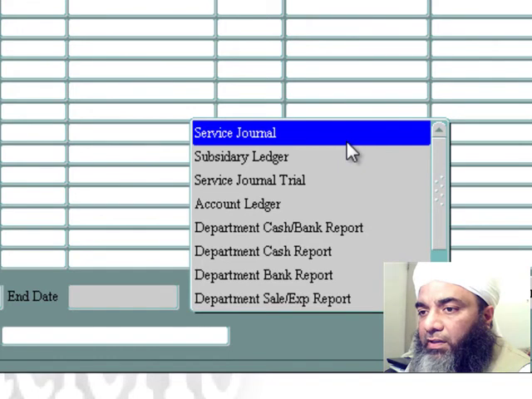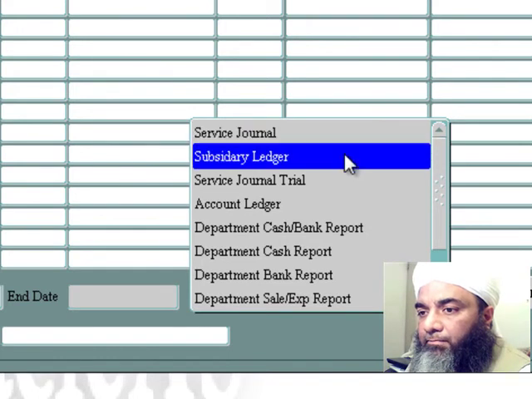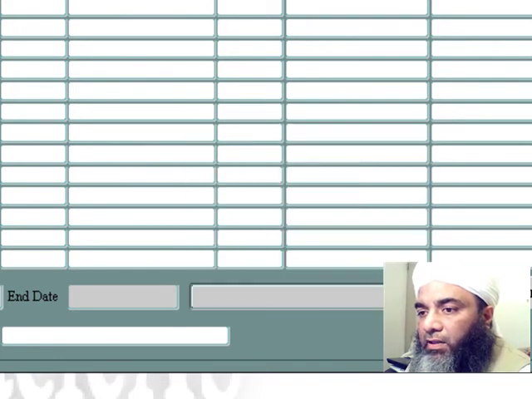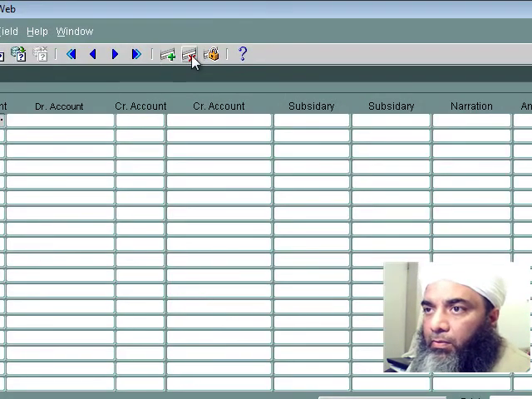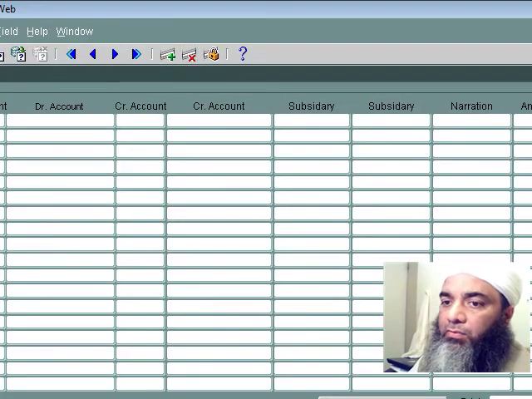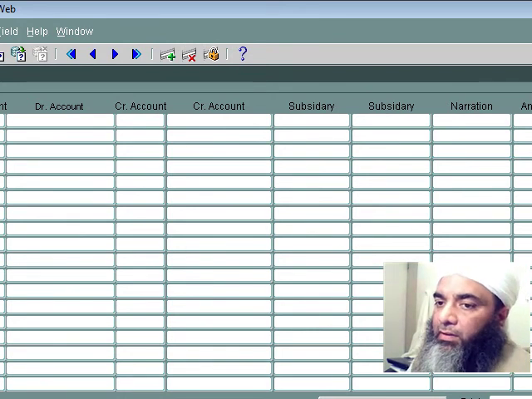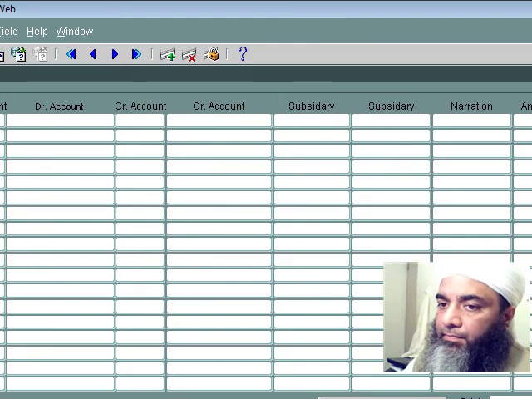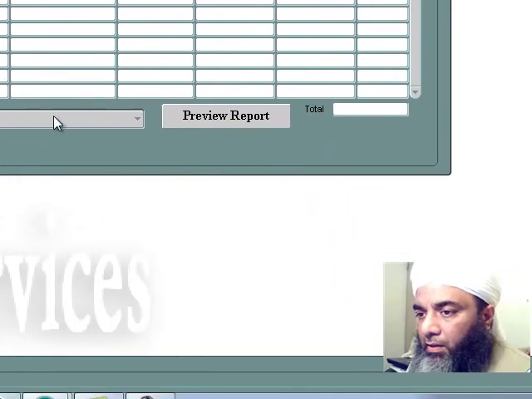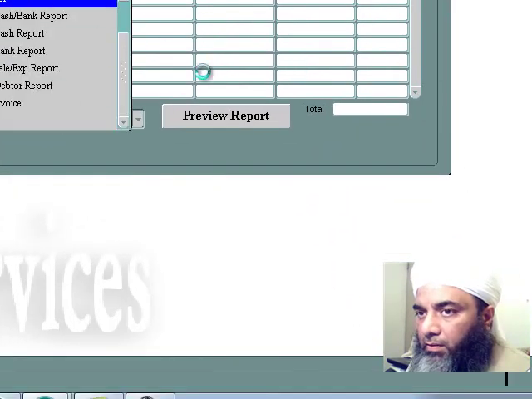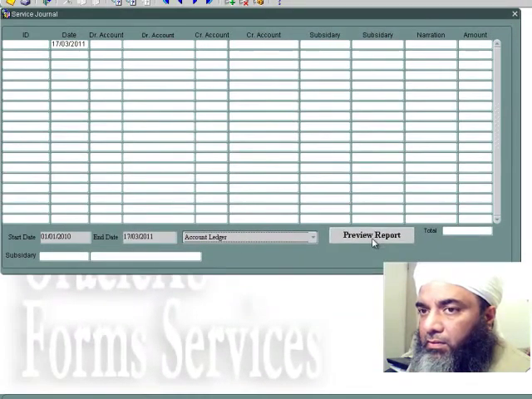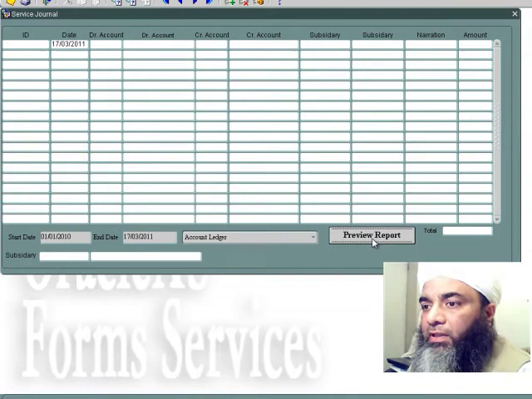So let's say I select accounts ledger and I press, what I'll do is get rid of this. I don't want to enter any data, and I'll select some date. And let's say I select accounts. So all of the ledgers